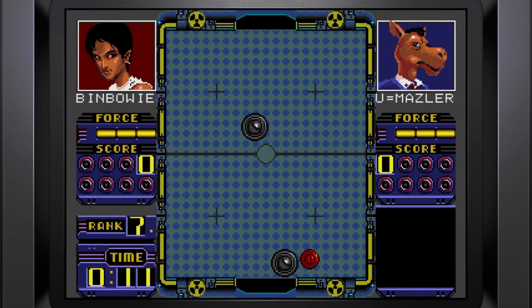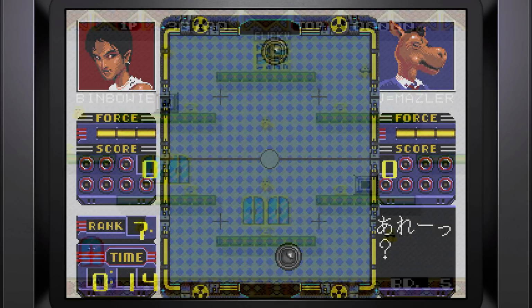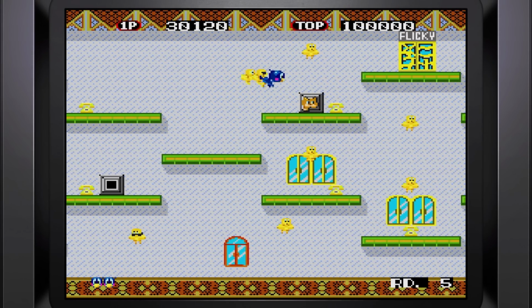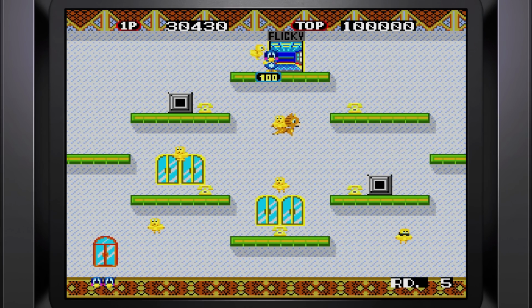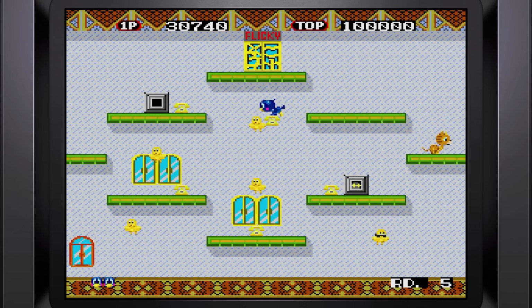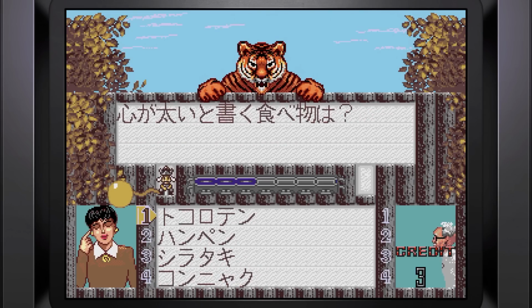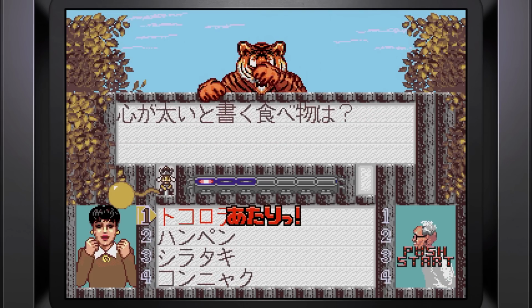The majority of these titles were released via Sega's download service in Japan for the Mega Modem. Flicky and Quiz Scramble would also see cartridge releases. It's not a bad little collection, and all of them are easy to play for non-Japanese speaking gamers outside of Quiz Scramble. That one has a heavy use of Japanese text, since it's basically just a series of questions and